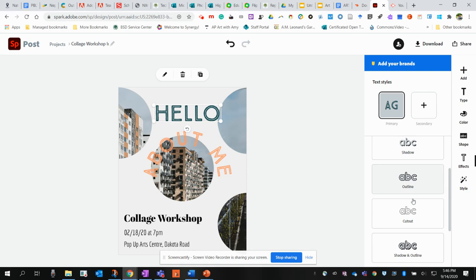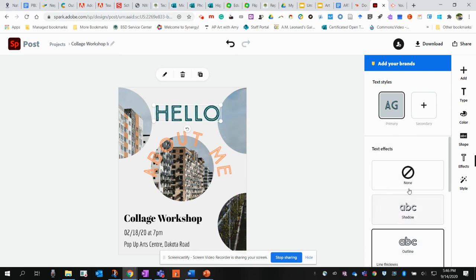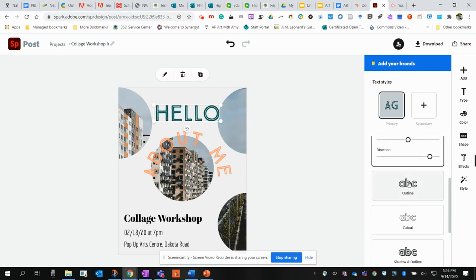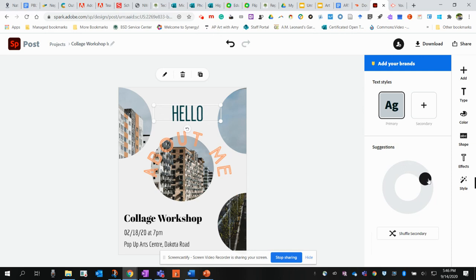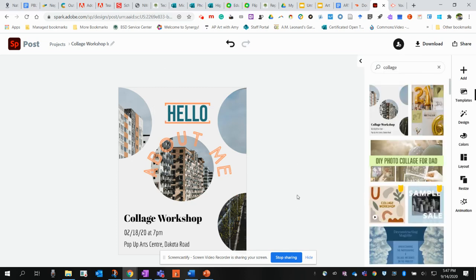The effects are where you can see if it has a shadow or an outline. It allows you to change a lot of different things. And then the style, this is the style wheel where you can just spin it until you find something you like, which is super fancy. I really like that one. Okay, so